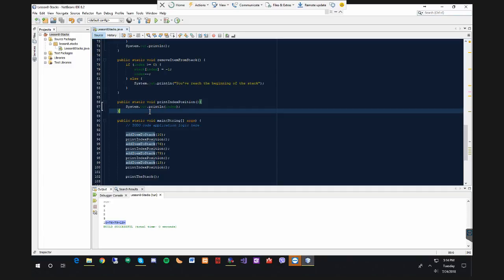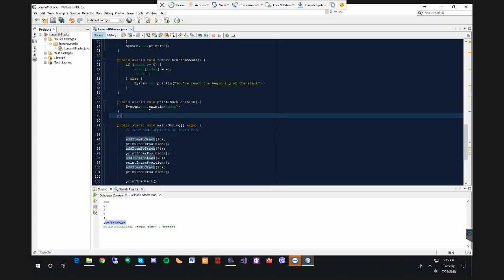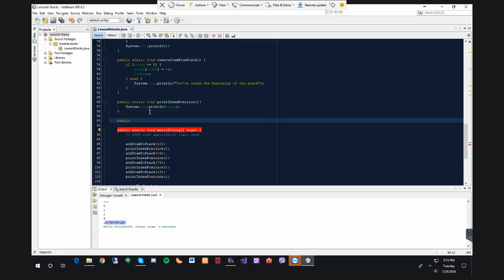I want to create a method that will retrieve the value of a specific index position. So how can we do that? We're just going to write public. And if we need to return information, it can't be void, right? It needs to have a type. So it's going to be an integer, all right? And let's say retrieve